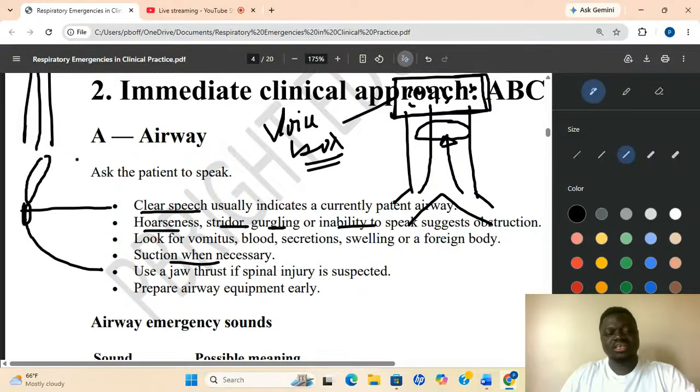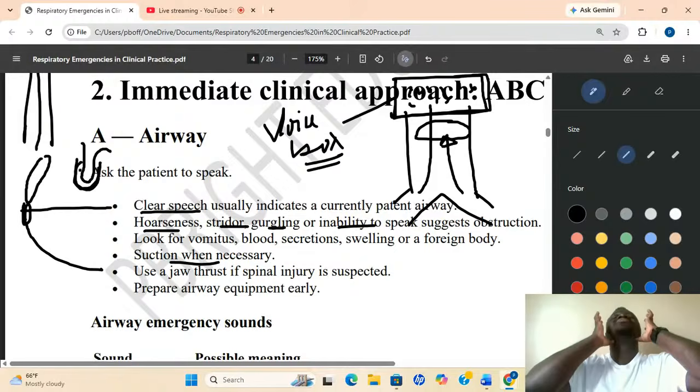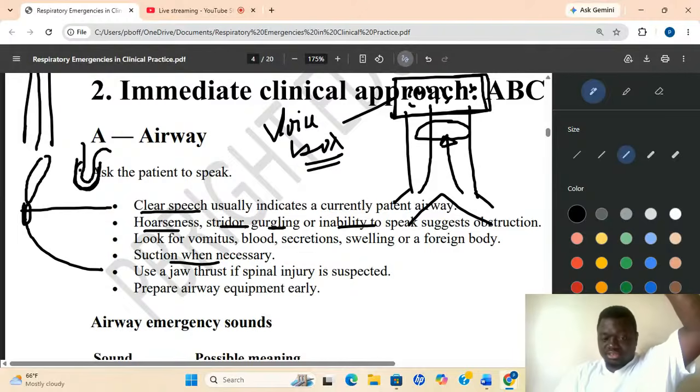It is just a hole like this, and this one will come and form a socket here. And there are a lot of cartilages here with synovial fluids. Okay, so you can lift it up like this. If you lift it up, it stretches the airway, so it will be more patent.